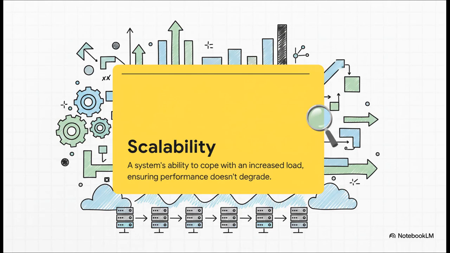And that's exactly what we mean when we talk about scalability. It's all about a system's ability to handle that kind of explosive growth. A scalable system means you can just throw more resources at it to handle more traffic, and the performance stays great. The goal here is to make sure your 10 millionth user has an experience that's just as fast and just as snappy as your 10th user did.